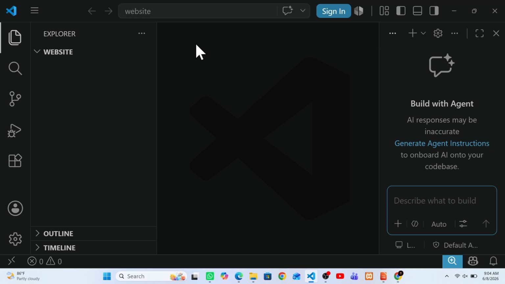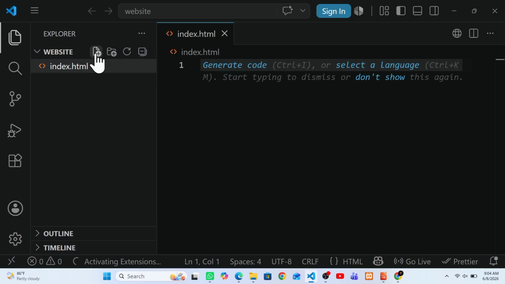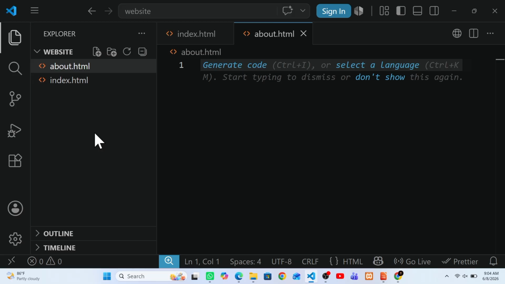Now I will just click here to close this sidebar and I will create a new file here in my project folder. I will just click here to insert files in my folder. So I create index.html file first and now I will create another file. For this project I am going to create 4 HTML files. Index.html I already have created and now I create about.html. Now I will create services.html. Each file will represent a different page of our website.